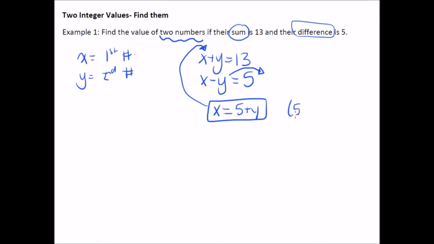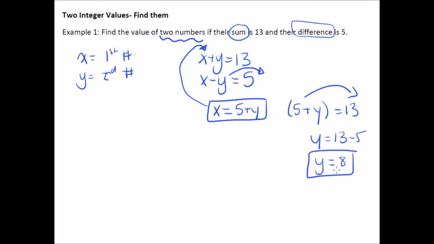So we're going to have 5 plus y equals 13. Okay, bring that 5 over. We have y equals 13 minus 5. y equals 8. Okay, so we solved for y, and now we sub the y back in, and we have to solve for x. x equals 5 plus 8. So x equals